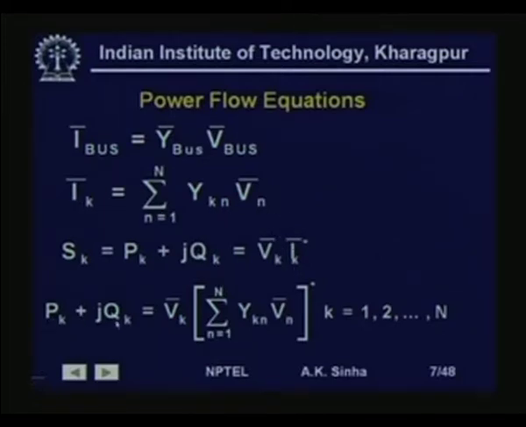So, P k plus j Q k is equal to V k phasor multiplied by I k conjugate, where we have taken the conjugate and written I k same as this one. This is applicable to all buses k is equal to 1 to n, where we will replace k by 1, 2, 3 and so on,